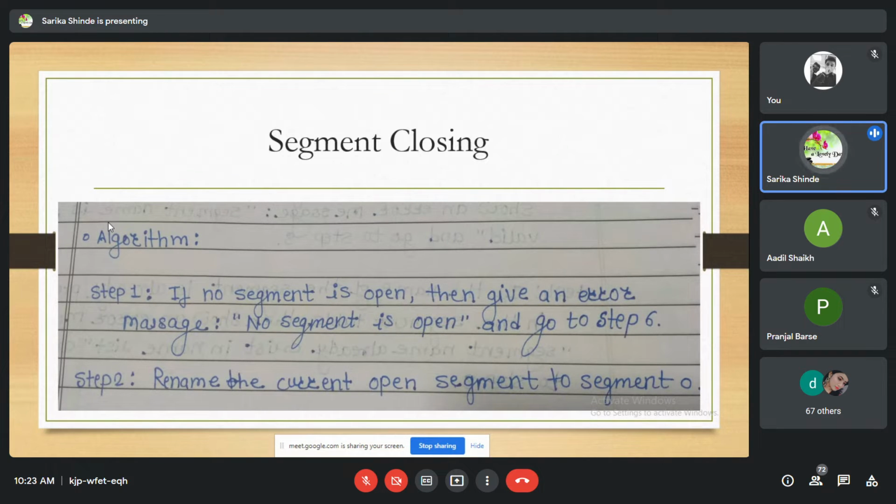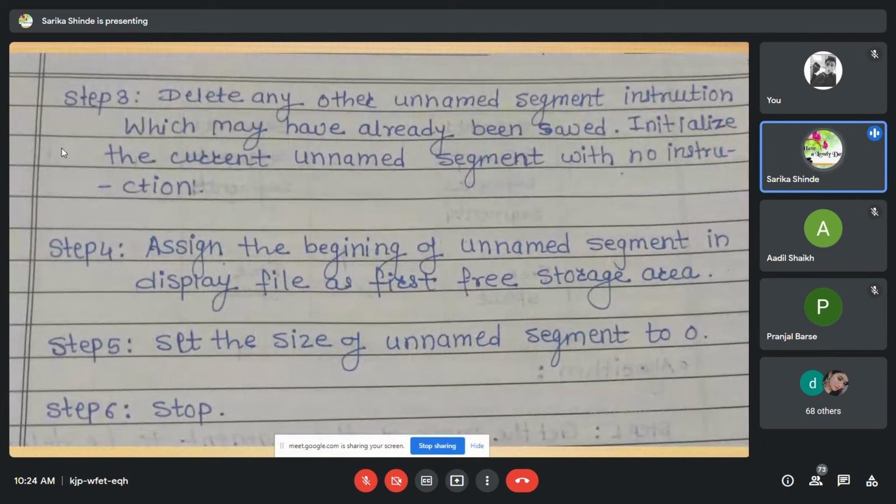In that, step 1 is, if no segment is open, then give an error message, that is, no segment is open, and go to step 6. And step 2 is rename the current open segment to segment 0. And step 3 is delete any other unnamed segment instruction which may have already been saved.